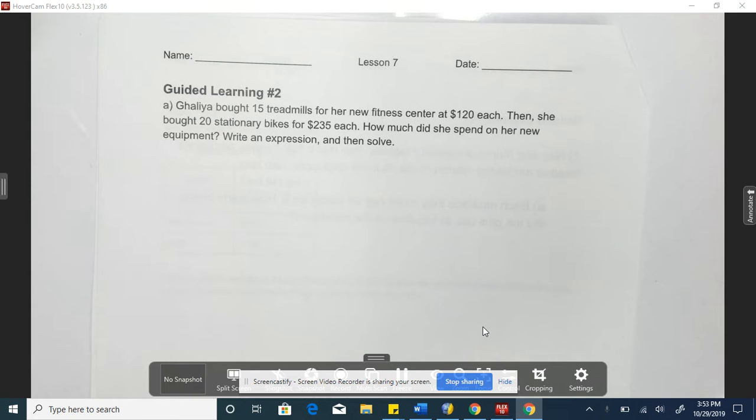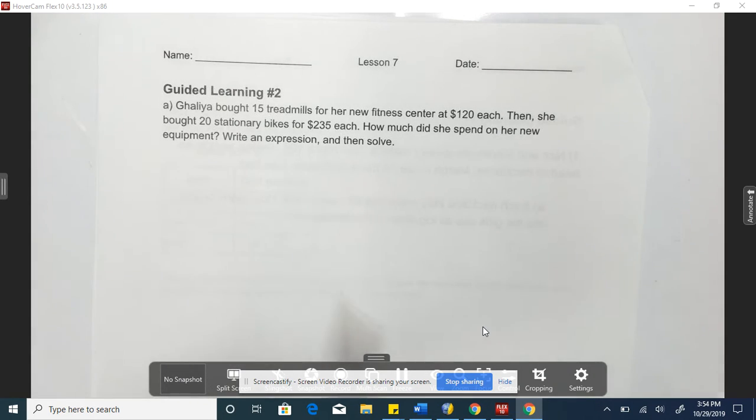Ralia bought 15 treadmills for her new fitness center at $120 each. Then she bought 20 stationary bikes for $235 each. How much did she spend on her new equipment? Write an expression and then solve. Thank you, Ms. Beltran. All right, so,